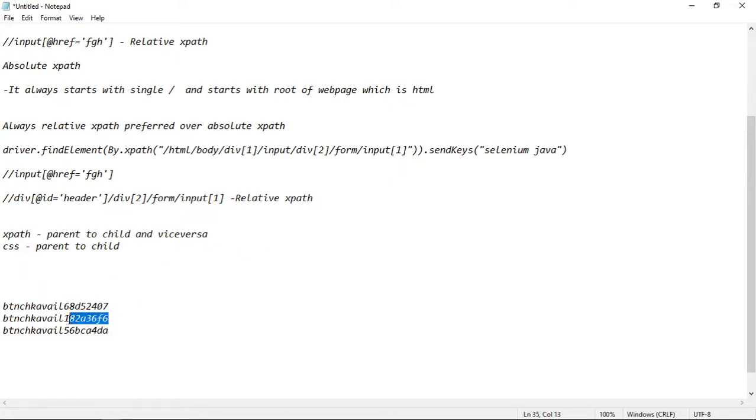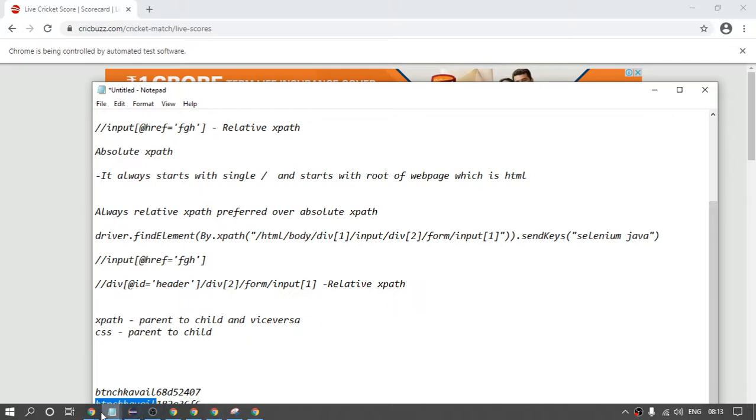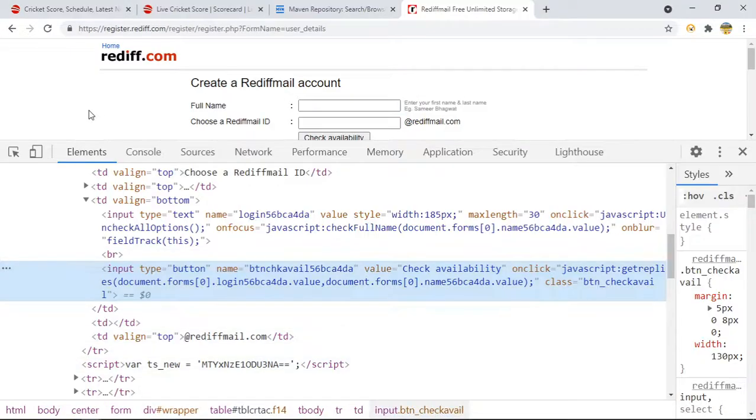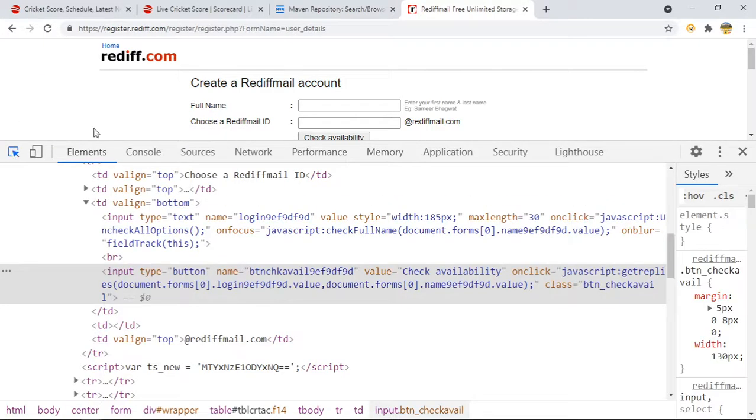Here only a part of this is changing, but just assume that there are attributes in the website where the whole value keeps on changing. That can be the case. In that case, you can use absolute XPath, or relative XPath and the parent-child relationship, your choice.